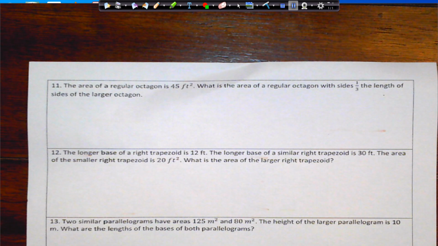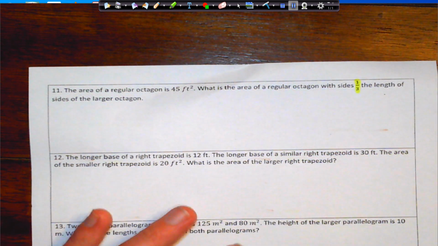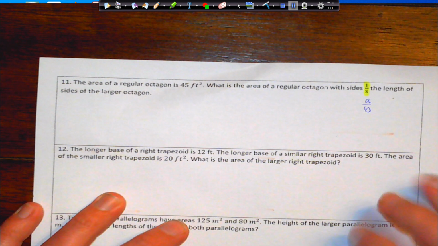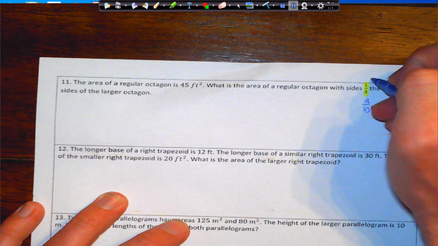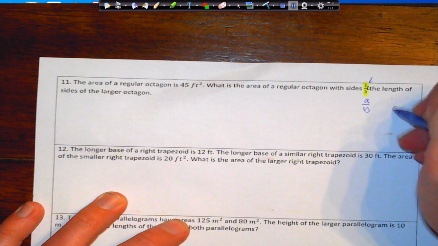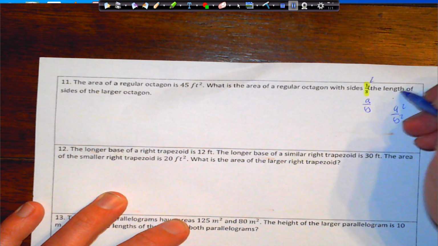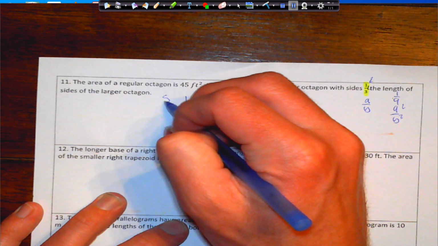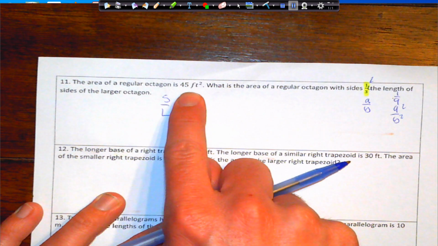Okay, the area of a regular octagon is 45. What's the area of a regular octagon with 1/3 the side length of the larger? Well, this 1/3 is actually giving me my A to B ratio. So if I square them, I get my A squared to B squared term, which is going to be 1/9. So I can take 1/9, which is small to large, so 45, the area of the